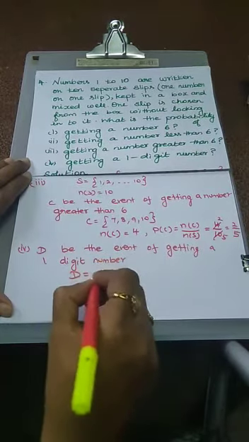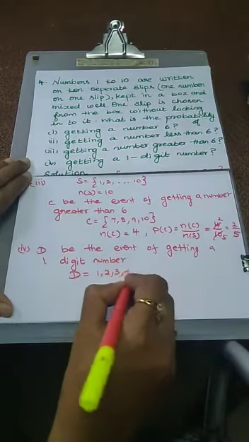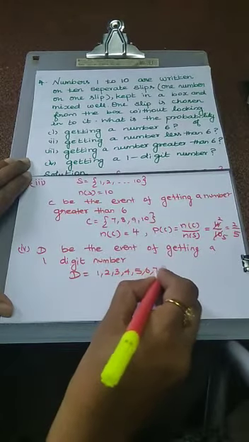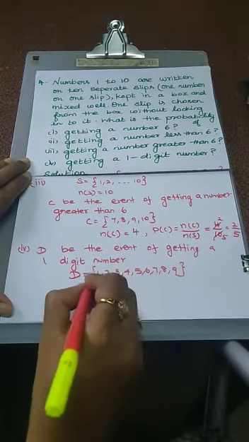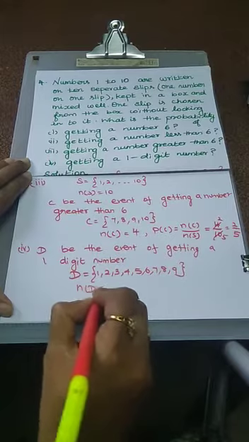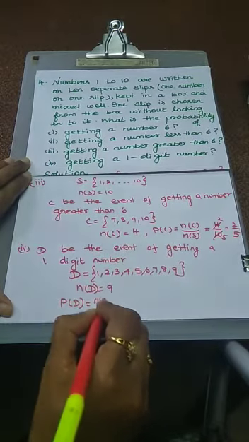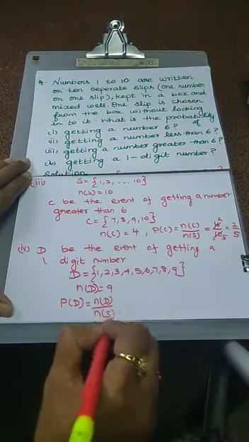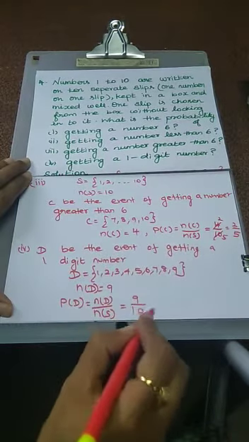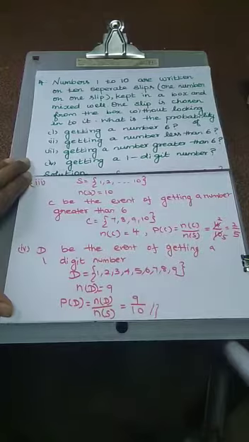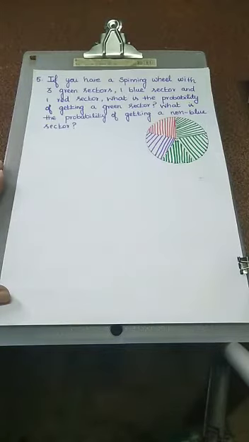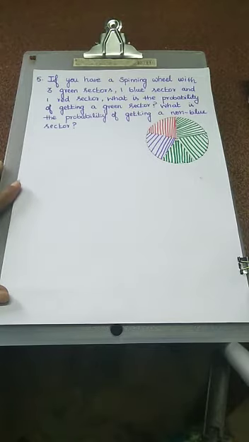Actually D is equal to 1, 2, 3, 4, 5, 6, 7, 8, 9. So the total value is actually 9. What is the formula? P of D equal to n of D by n of S. So 9 by 10 is the answer. That's all. Next problem. If you have a spinning wheel with 3 green sectors, 1 blue sector and 1 red